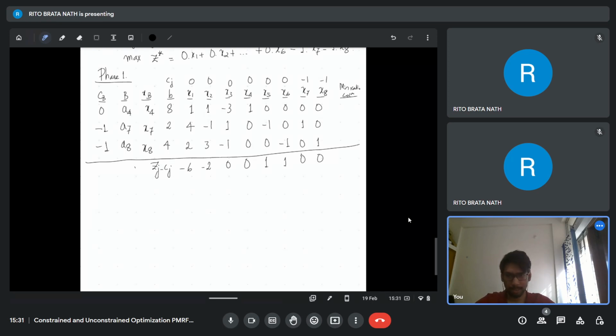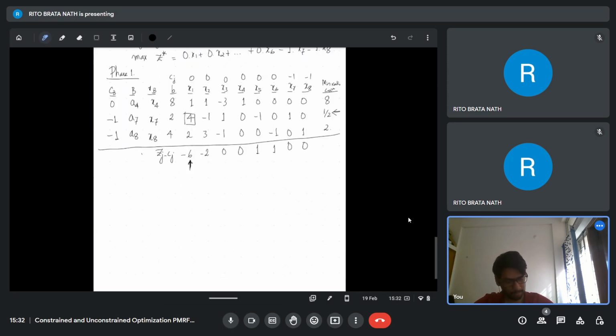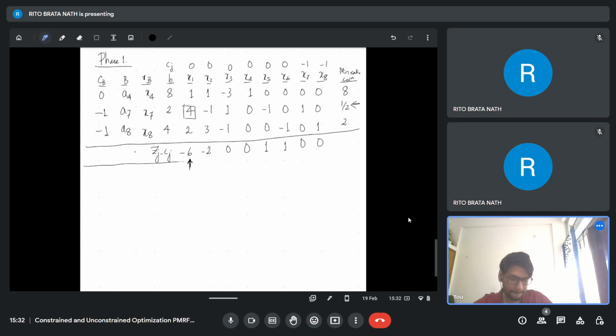So, yeah, let's see which one will be entering the basis, and this is x1. And let's compute the min ratio. So this is 8, this is half, this is 2. So what you will have, say a7 will leave the basis, and this one will be a pivot, right? So you have to adjust it, and you have to divide that entire row by 4. So in the next step,